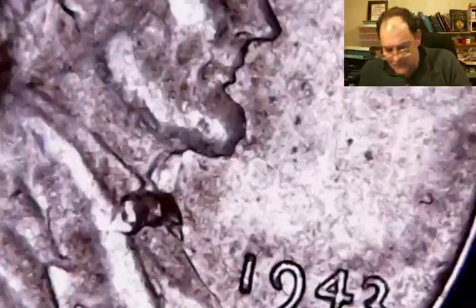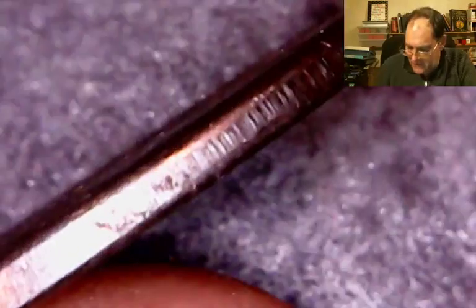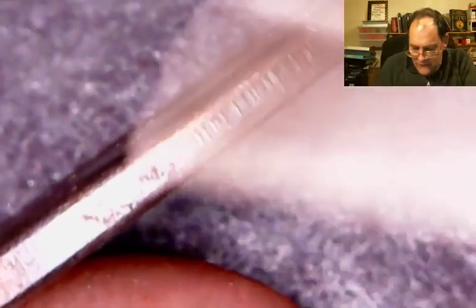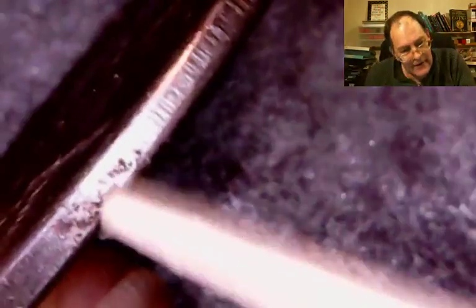Now, if you get top-end quality coins, you want to check the darn rim, right? Now, here's a tip for you. When you get the really nice ones, when you get into the mint state grades, you want to check that rim, the whole darn thing. Why? Because if you got rust on the rim, the rust is going to grow. So in 30, 50, 80 years, that rust right here is going to become that,